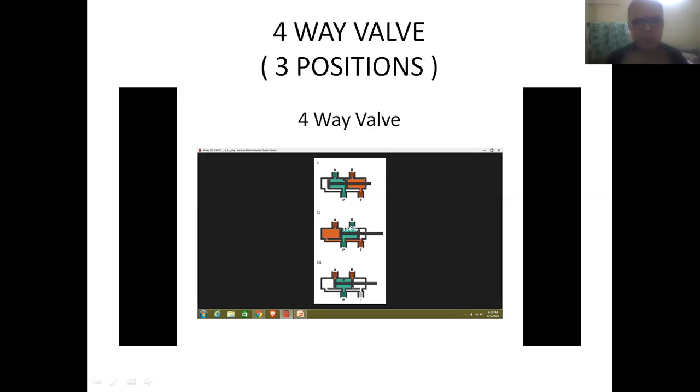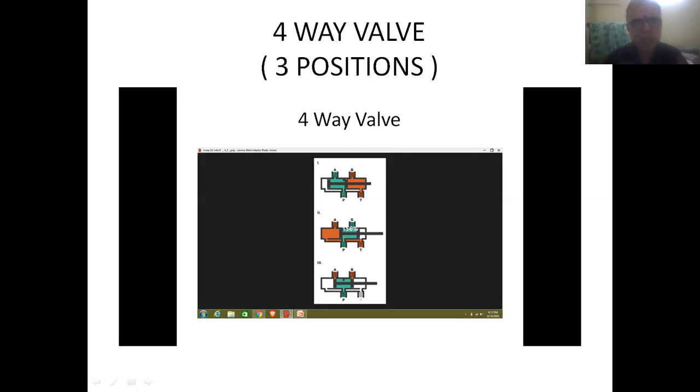So friends, the first figure is indicating the first position of the DC valve. So inlet is in contact with the first outlet, and second outlet is in contact with the exhaust. So therefore, the first figure is used for indicating the first position of the DC valve.